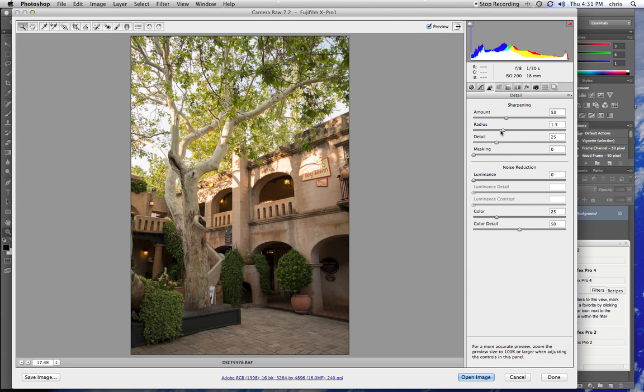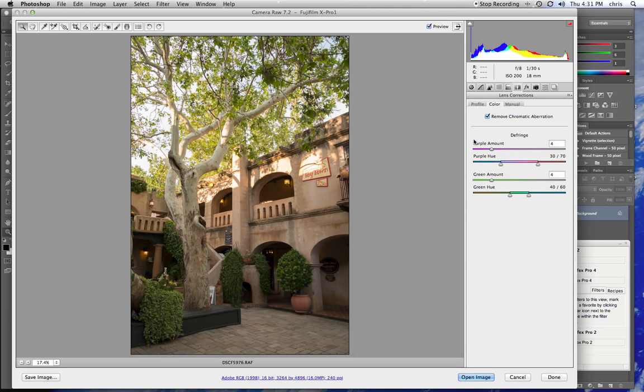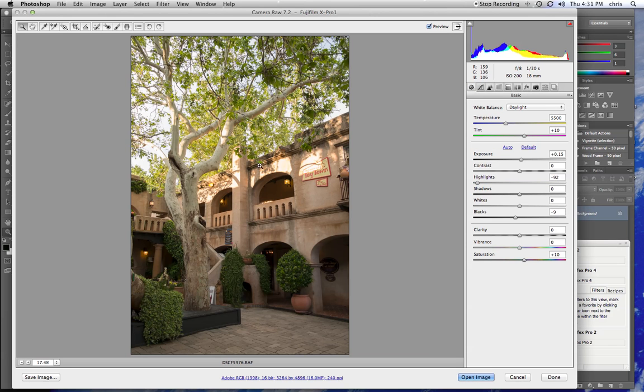And as I said, that's a good starting position. You may want to adjust from there. I've gone ahead and removed chromatic aberration from the image file and improved the overall quality of the image. At this point, I'm ready to convert this file into Photoshop. The only thing I would then point out is down here you'll see I've got it set to Adobe RGB